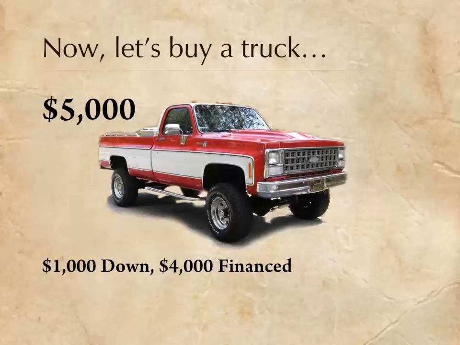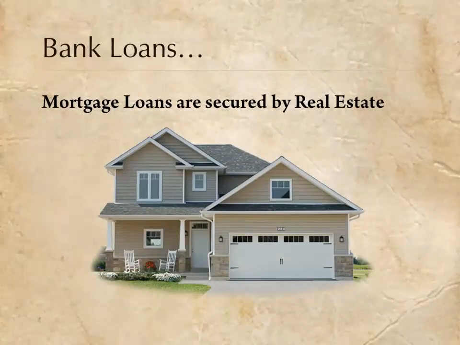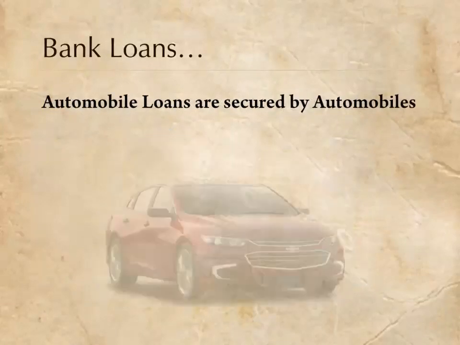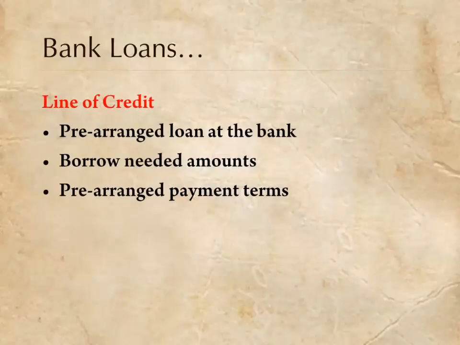Let's take a second and discuss bank loans. Everyone knows about mortgages. They are long-term loans secured by real estate. Car loans are long-term loans secured by cars. Businesses often arrange short-term loans called lines of credit. A line of credit means the business has a pre-arranged bank loan that allows them to borrow amounts they need at their convenience. Payment terms are also pre-arranged. Usually the business has to pay it back after 90 days or 180 days, depending on what has been arranged